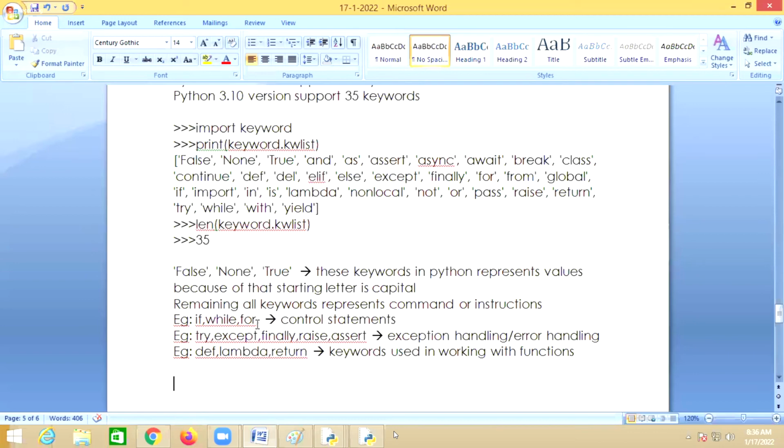But these keywords cannot be used as user-defined words. Length is not a keyword. Function names are not keywords. Length is not a keyword.